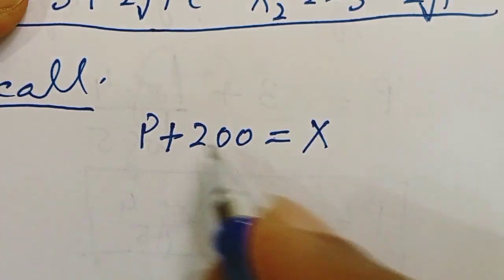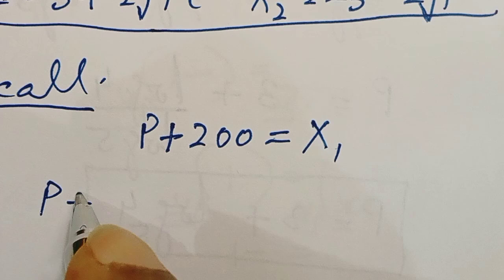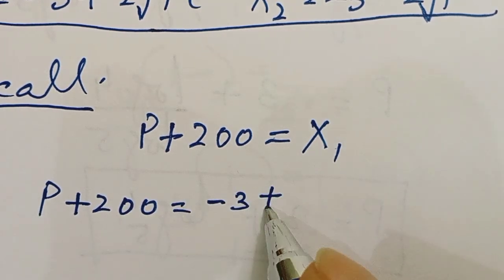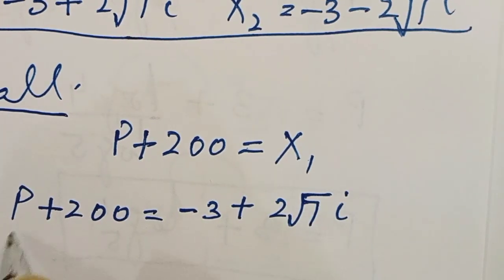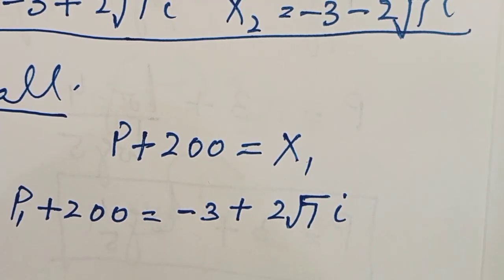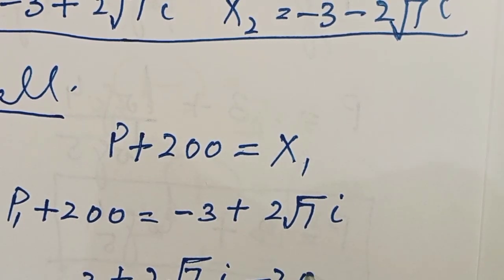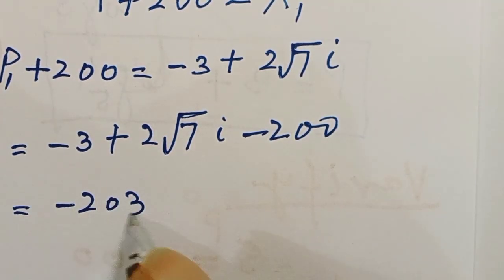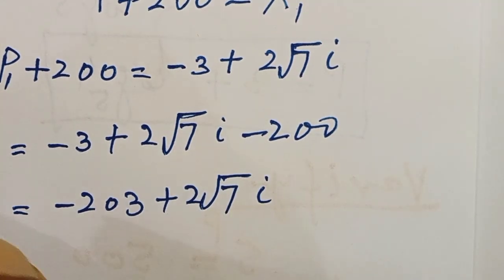Putting the value of first x1, p plus 200 is equal to minus 3 plus 2 square root of 7 iota. So p1 is equal to minus 3 plus 2 square root of 7 iota minus 200. So it will be minus 203 plus 2 square root of 7 iota. This is the p1,